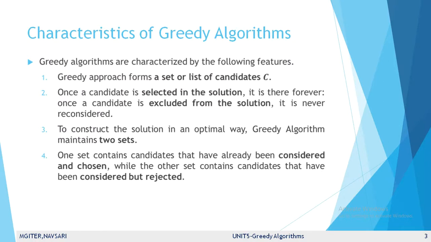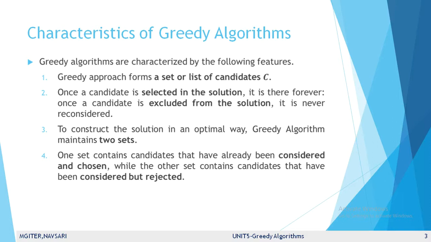First of all, we see what the greedy approach is. The greedy strategy is used for solving optimization problems, and we already know that an optimization problem gives the result either minimum or maximum. These are the characteristics used for solving the problems. In the greedy technique, the solution is constructed through a sequence of steps, each expanding a partially constructed solution obtained so far, until the complete solution to the problem is reached.